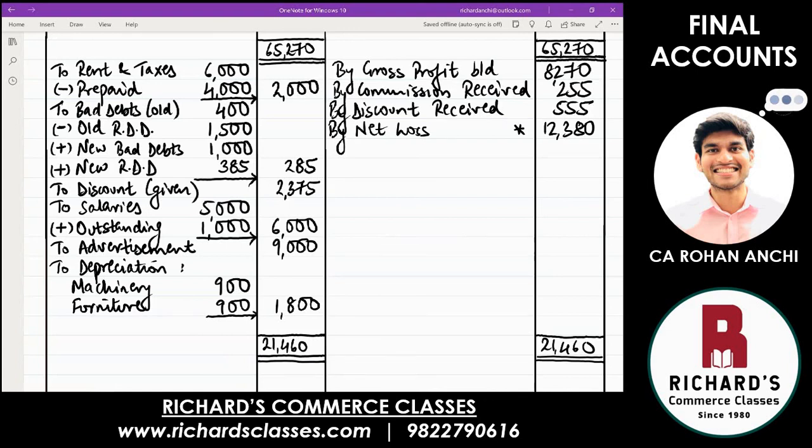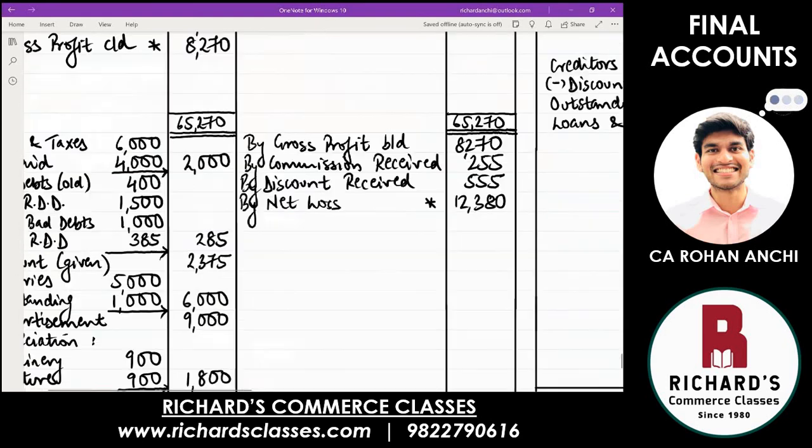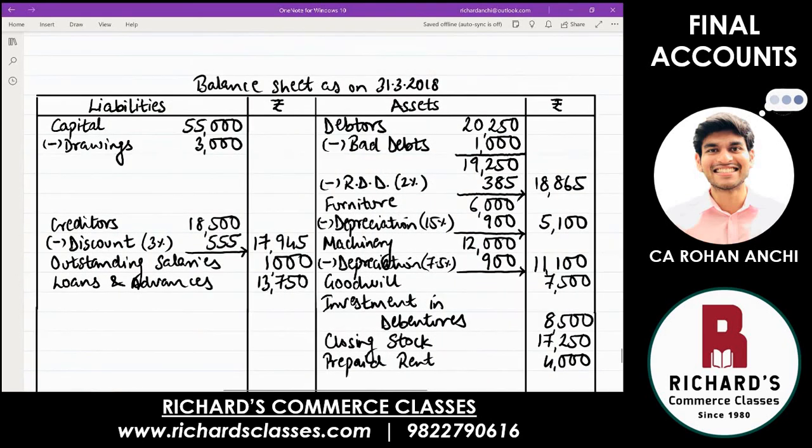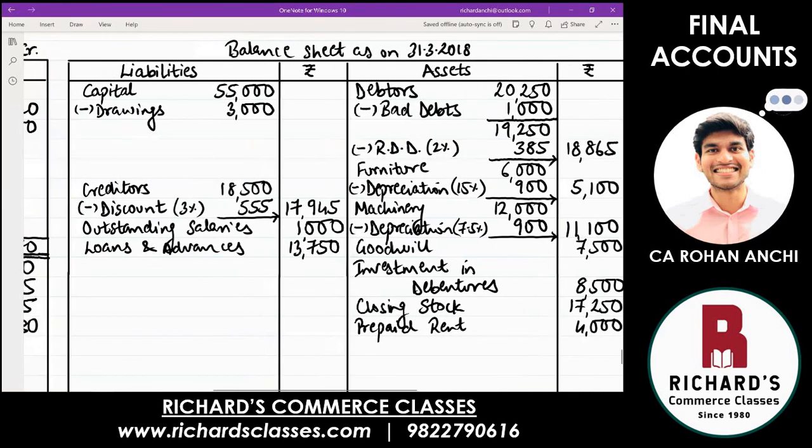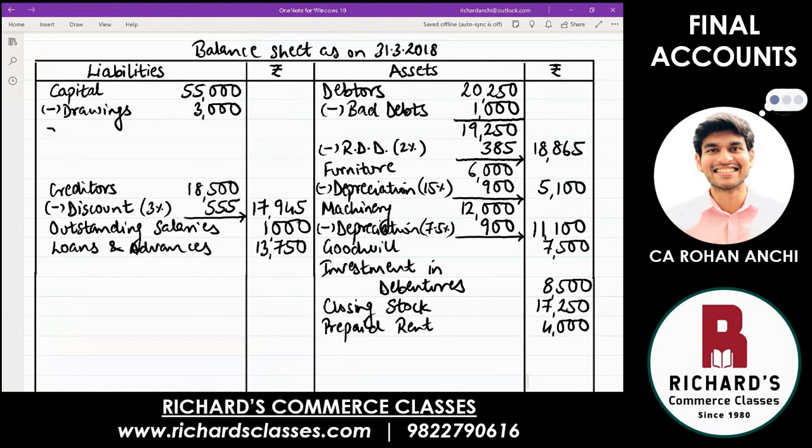And now see what impact it has on the owner's wealth. Owner's wealth is capital in the business. And he has suffered a loss, which means his capital is going to reduce. Money in the business will reduce because of loss. 12,380. Let's write that effect in the balance sheet. Each balance is continuing to the next statement. From trading, it went to P&L. Now from P&L to balance sheet, less net loss. Under capital, 12,380.